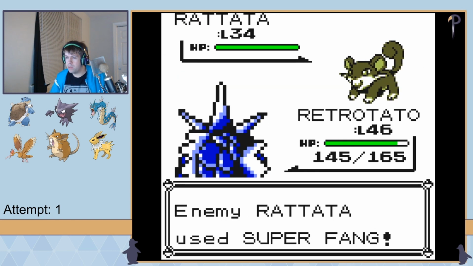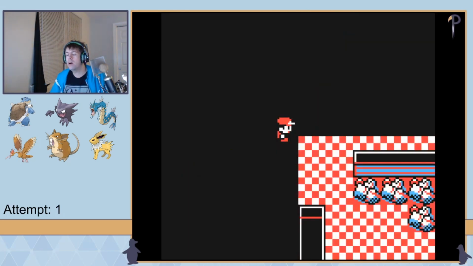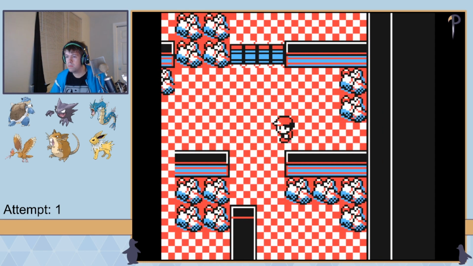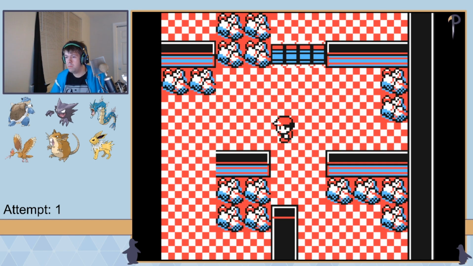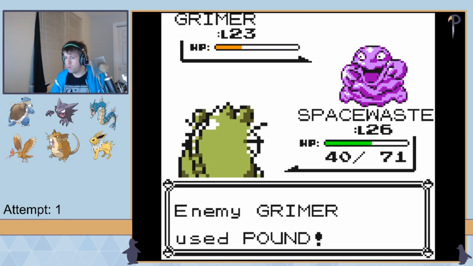Haunter would have access to Confuse Ray, Hypnosis, Nightshade, and Dream Eater. Fearow would basically just use Drill Peck. Jolteon would have access to Pin Missile to deal with our rivals Alakazam and Exeggutor, Quick Attack for some priority coverage, Thunder Wave, and finally Thunder, which would require me to grind all the way to level 52 without a